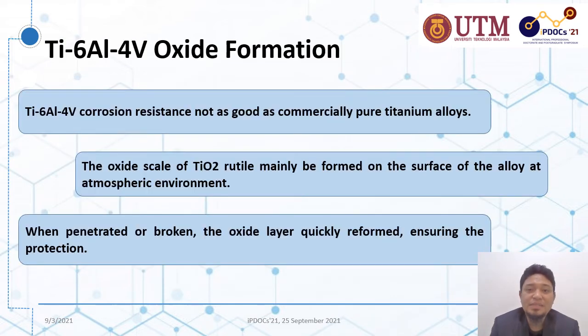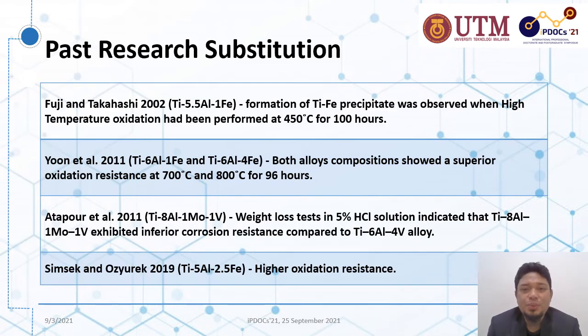As for Ti64, its corrosion resistance is not as good as commercially pure titanium alloy, but compared to other alloys, it is an excellent corrosion resistant. The oxide scale that forms on the surface is mostly titanium dioxide in a rutile form. When this oxide is damaged, either penetrated or broken, the oxide layer will quickly reform, which ensures the protection of the metal from the atmosphere. As a review on past